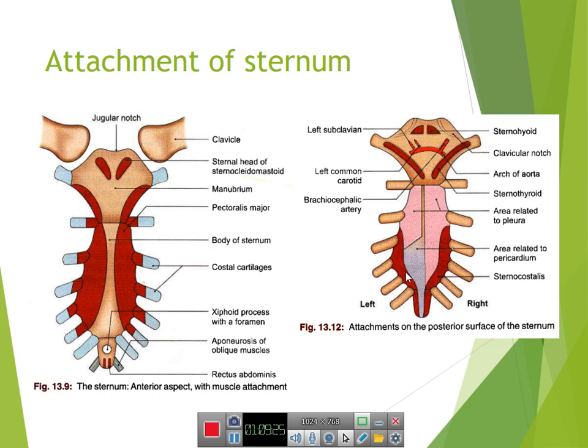Number 3 is on the right side of the median plane, where the posterior surface is related to the anterior border of the right lung and pleura here. On the left side,